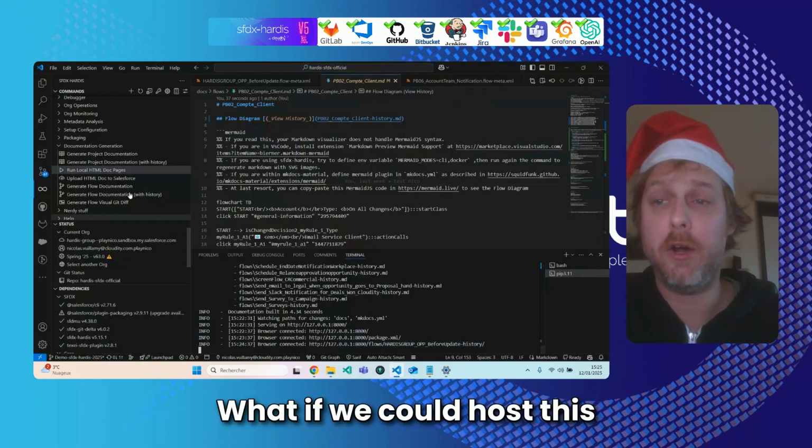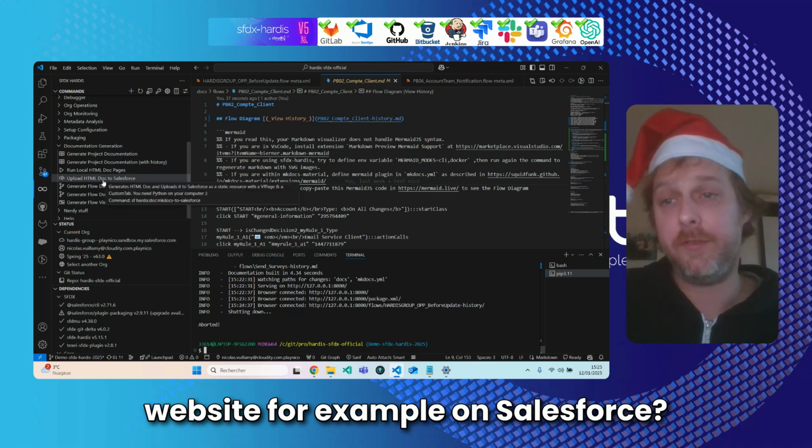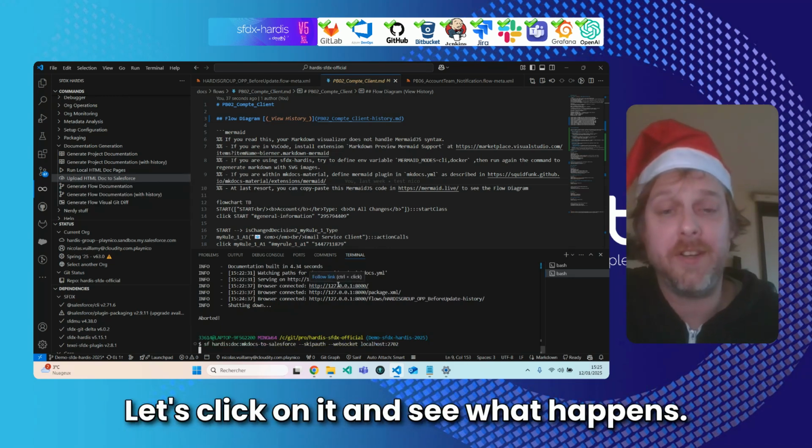What if we could host this website, for example, on Salesforce? So we see that there is a menu, upload HTML doc to Salesforce. Let's click on it and see what happens.